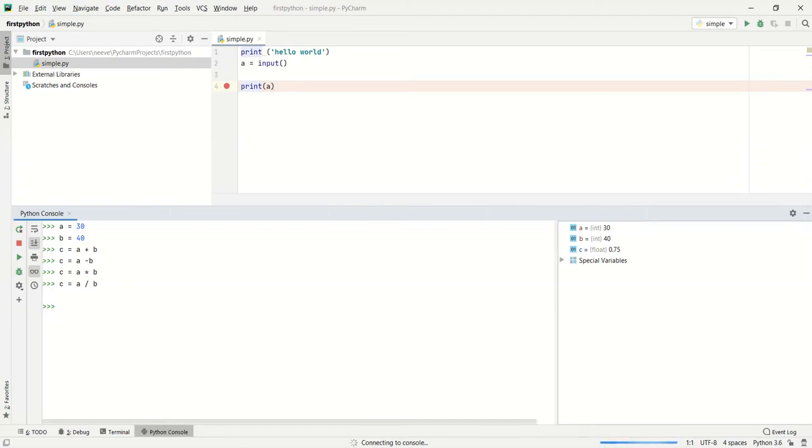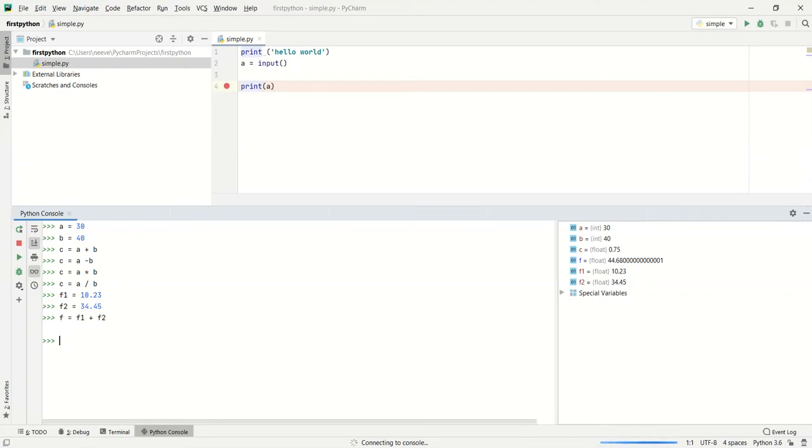Suppose we have a floating point variable f1 with 10.23 and another one f2 with 34.45. If you create f equals f1 plus f2, it automatically creates an output of float variable.